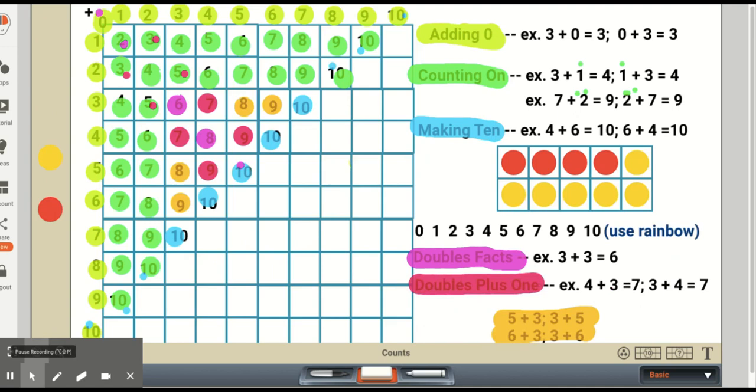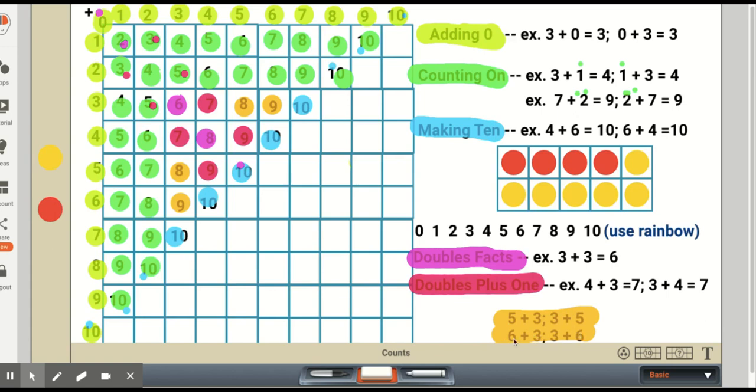The only facts that we haven't covered that our first graders need to know fluently are the facts of 5 plus 3 and 6 plus 3, and the switch around facts, 3 plus 5 and 3 plus 6. So I would say for these facts, we could set up a rule that 5 plus 3 would be the same as 5, and we could count on 3. Or we could look at 5 plus 3 as 3 plus 3 plus 2 more. And for 3 plus 5, I would look at it the same way.